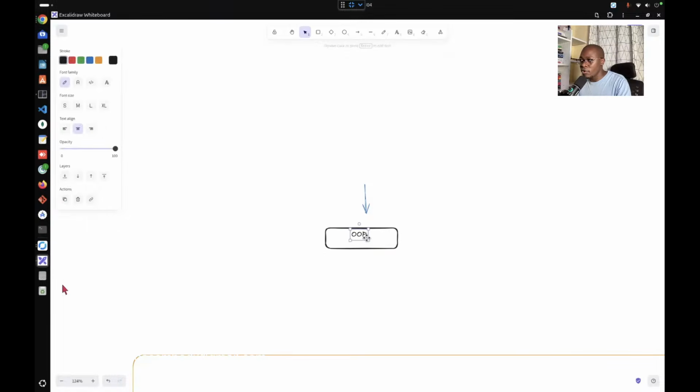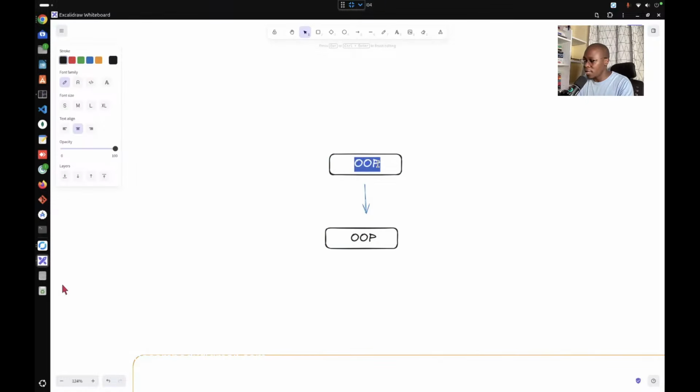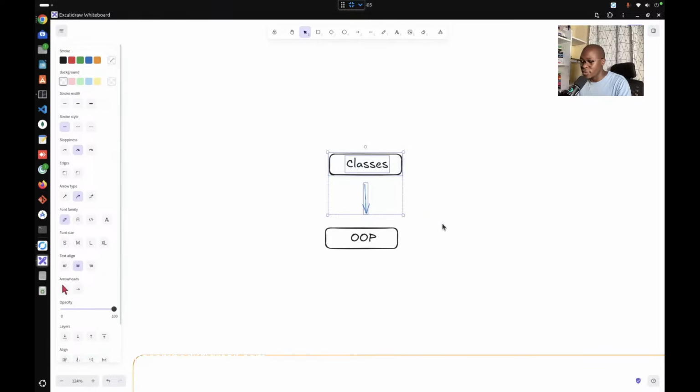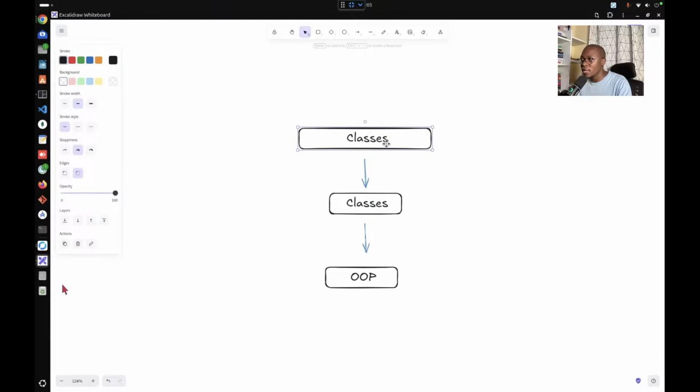To understand object-oriented programming, I need to understand classes, okay? So here I will say I need to understand classes, and for me to understand classes, I need to understand constructors or methods. Let me just enlarge this. I'll say constructor and methods, like so.